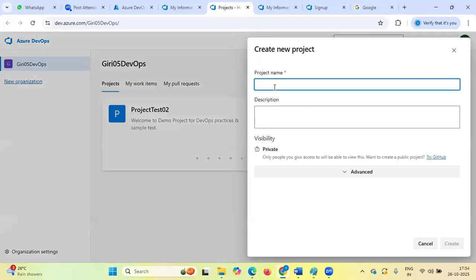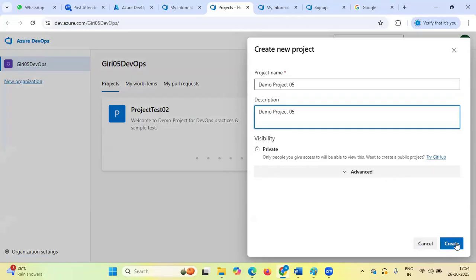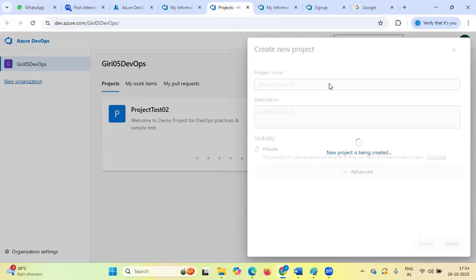Suppose the name is demo project 05, and I am putting the same thing in the description, and I am just going to create. It will take a few seconds.